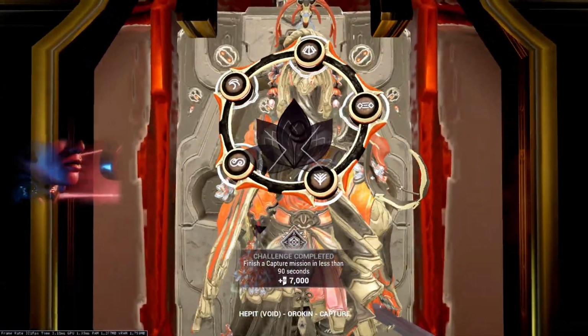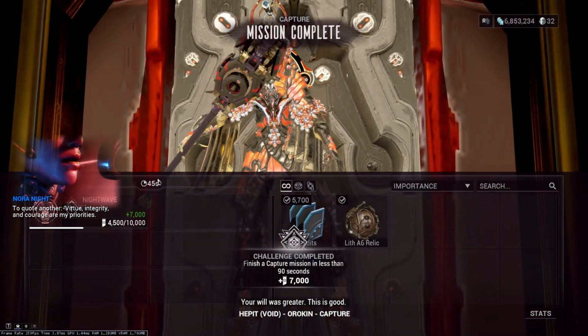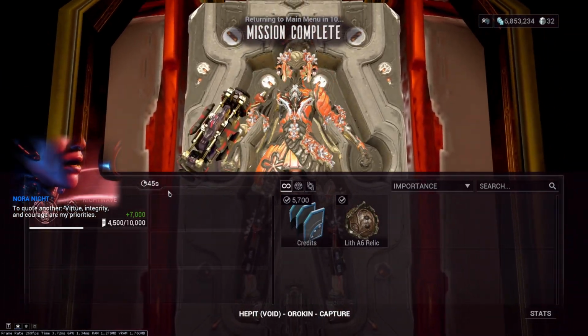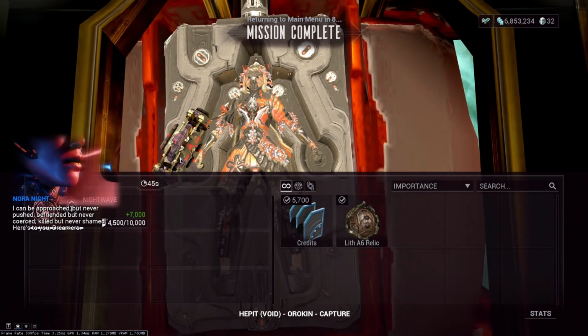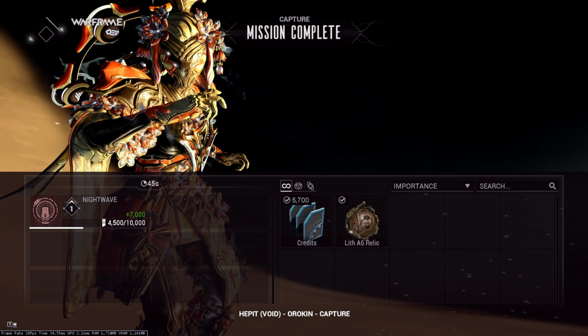And obviously I could have done this way faster, but... Oh hey, Night Wave Challenge, I didn't even know about that. 45 seconds, half of the Night Wave Challenge is pretty decent. Considering you can do this with a Titania within 30 seconds, you know, this is nothing too impressive, but Titania